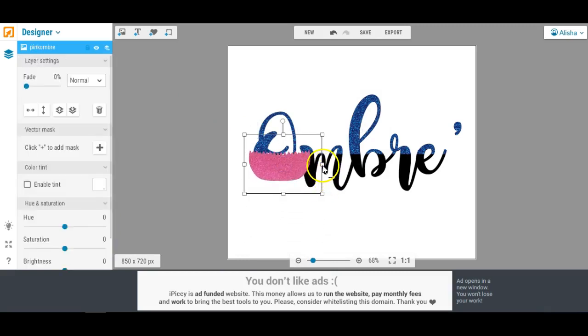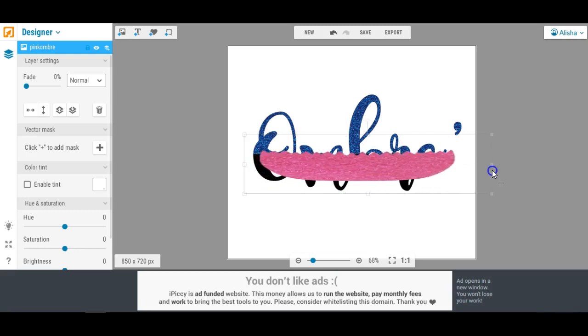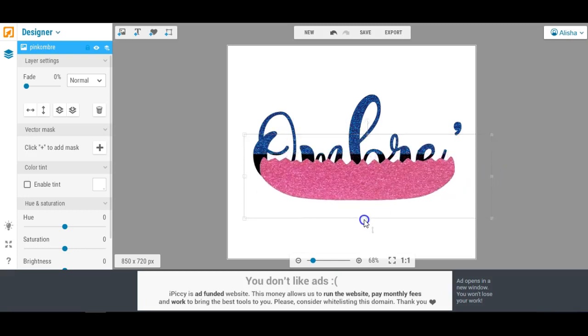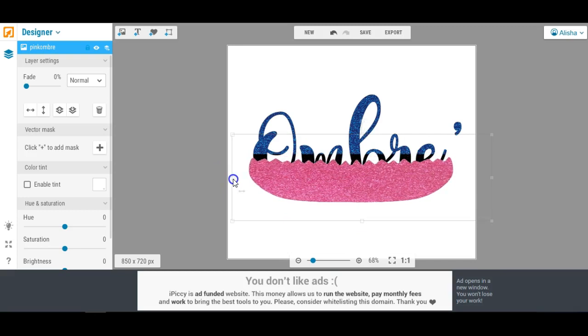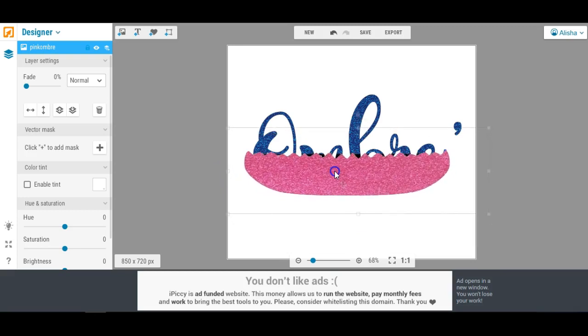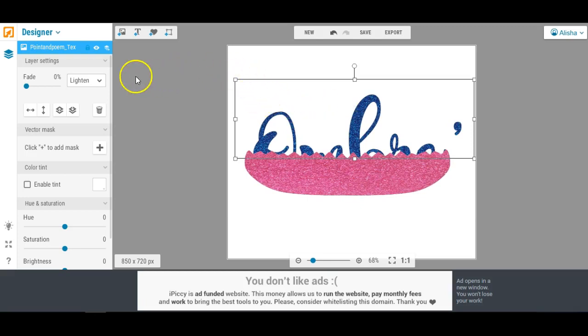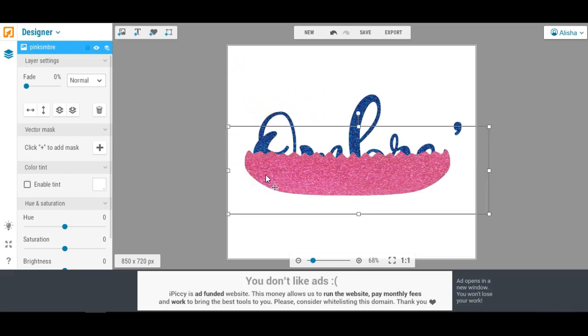And now we need to cover the rest of this image, and you can kind of play around with this until it's fully covered. Okay, and then you want to click here and click lighten. Now I do want to mention you want to put this layer last. The jaggedy edge is what you want to put last. And the reason why